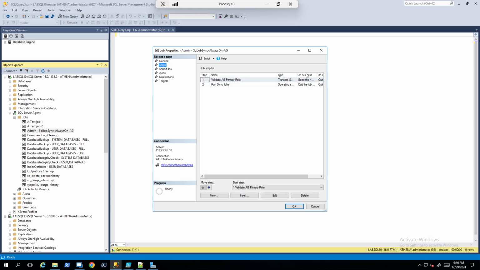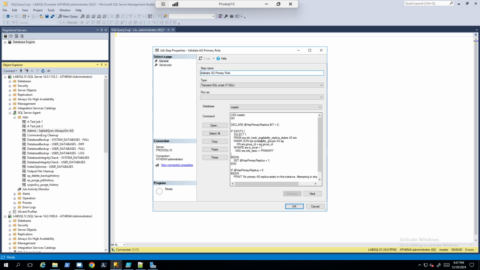Now the step is very easy. Since you have an Always On availability group, there are several ways of making sure that these jobs run on the primary. You can use another job, an orchestrator, or a failover conductor, where if the job always needs to run on the primary but be disabled on the secondary, you set that logic so that only jobs on the primary are enabled and jobs on the secondary are disabled. With a failover conductor, whenever the availability group fails over, it detects that and enables the job on the primary and disables it on the secondary. Or you can have a first job step that checks,